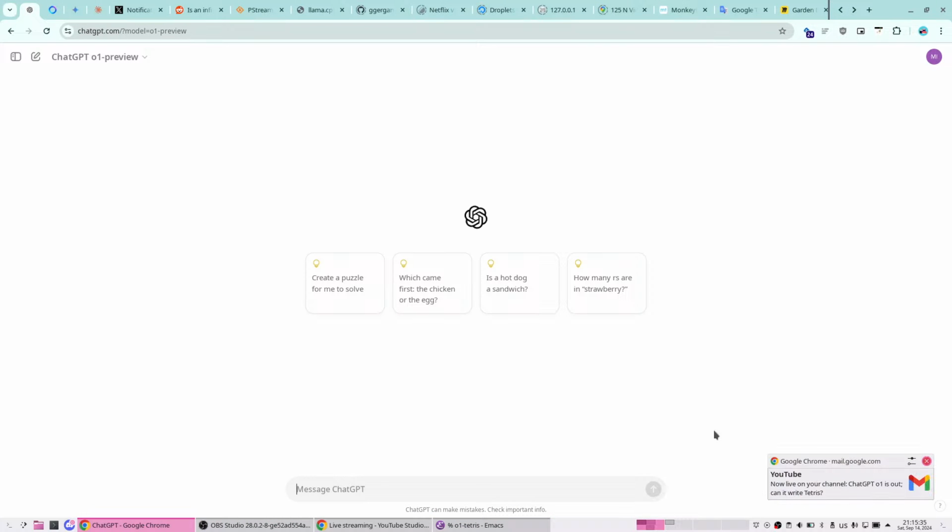So today we will try to make a Tetris using the new version of ChatGPT, which is o1-preview. I'm going to give a prompt and see how long it's going to take ChatGPT to write the Tetris